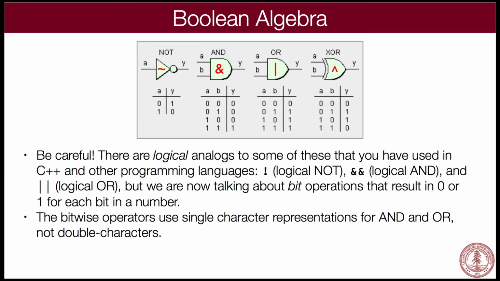So like I said, be careful. You'll see the different symbols. We use the exclamation point for logical not. We use 2 ampersands for logical and, and we use 2 ORs for logical OR. There isn't actually a logical exclusive OR, as it turns out. But now we're talking about the bitwise ones, so you're only going to use a single one. The compiler will often give you a warning if you use the 1 instead of the 2 and it thinks you need a 1, but it doesn't always do that. So don't be surprised when you're doing assignment 1, if you put 2 ampersands and forget about the fact that it's bitwise you're dealing with, you get the wrong answer and you go, I have no idea what's going on. Just go back and think about that.